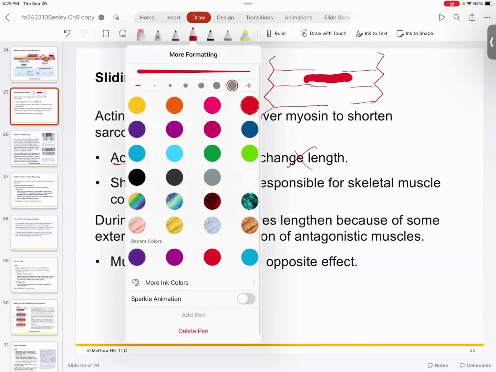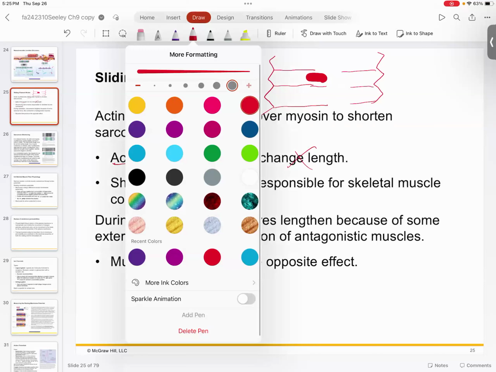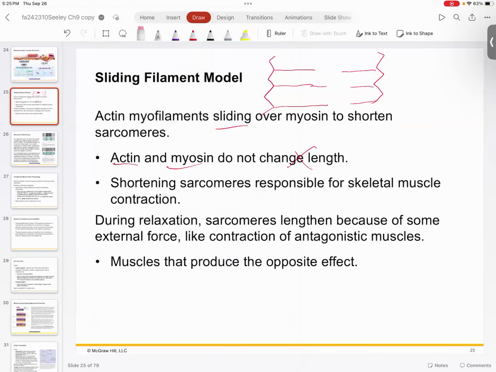Okay, I don't want it quite that thick. There's your myosin, and your heads are going to be attached